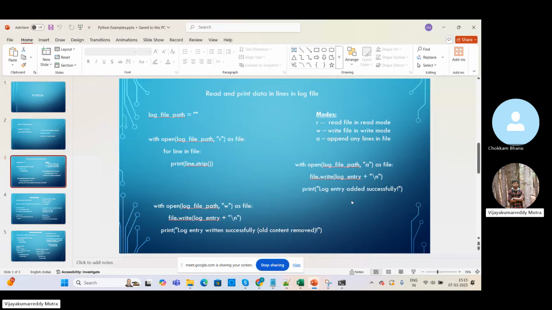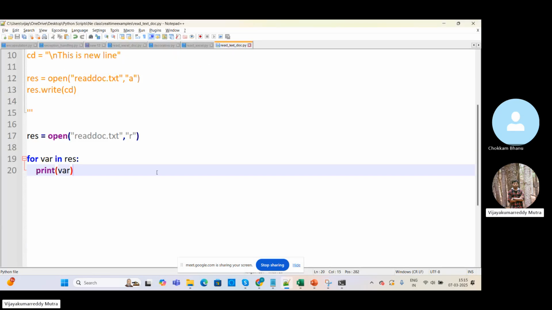So this is about three things which we have: one is read mode, one is append mode, and one is write mode. Now we have one more last topic in Python, that is using regular expressions. Now we have seen how to get data from the file, right? In this file, if I want to fetch only one particular line or a particular word, how could I do